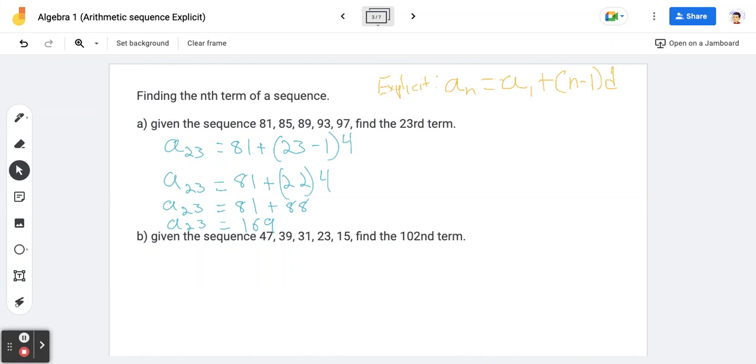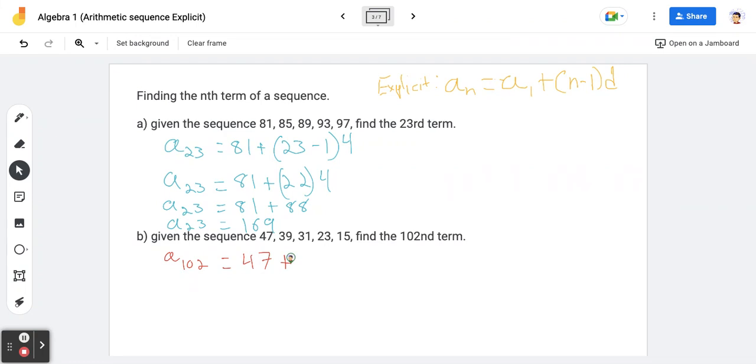All right, let's use the same formula. Given the sequence 47, 39, 31, 23, 15, let's find the 102nd term. All right, let's do it. So a sub 102 is equal to our first term. So our first term here is 47